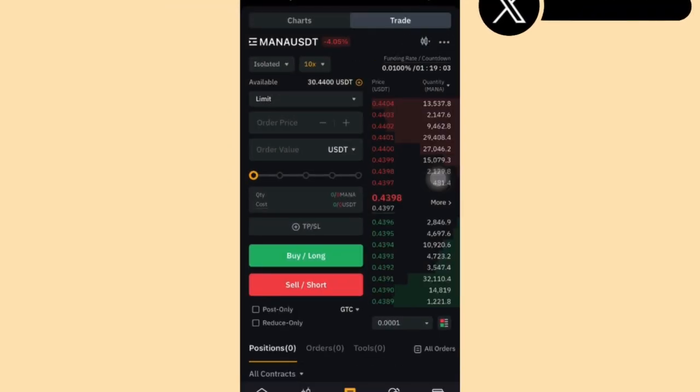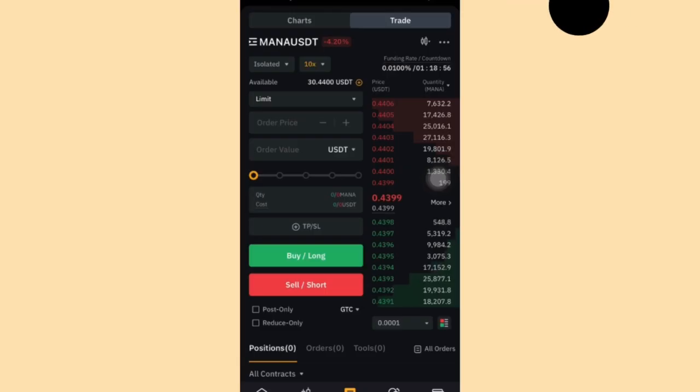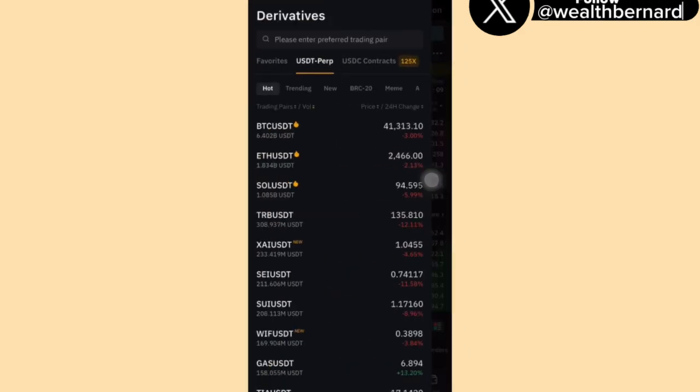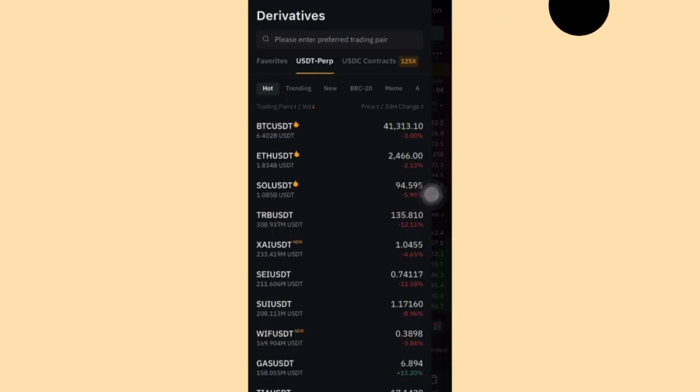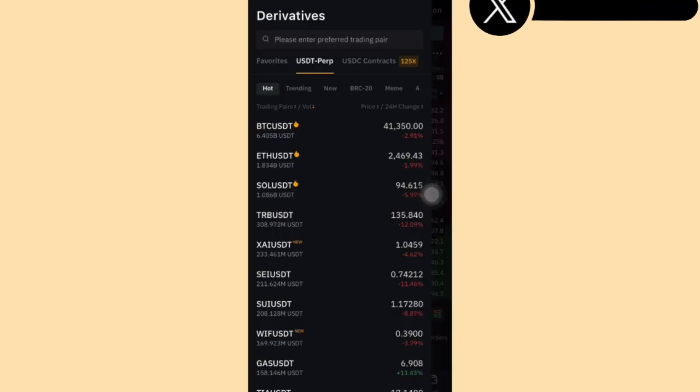In a nutshell, futures trading allows you to borrow money and use that money to make more money for yourself than spot trading. Example: if someone buys BTC USDT for, let's say, 100 USDT, and you're trading it on spot, which is the same as unified trading, or maybe you're not doing derivatives, and BTC goes up, let's say 50%, what you will make is just